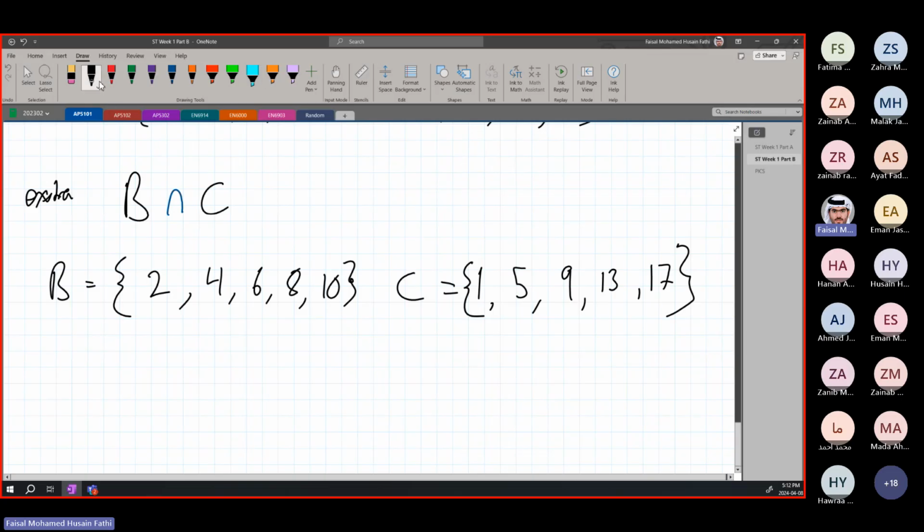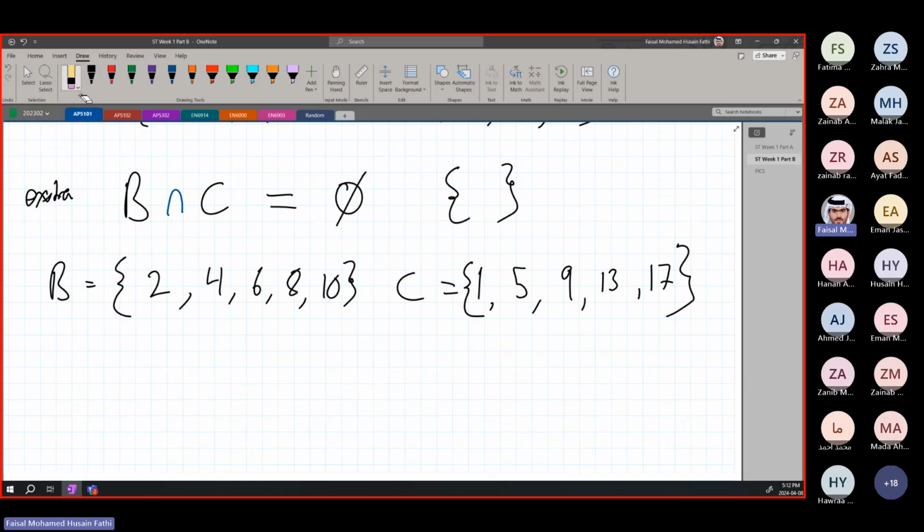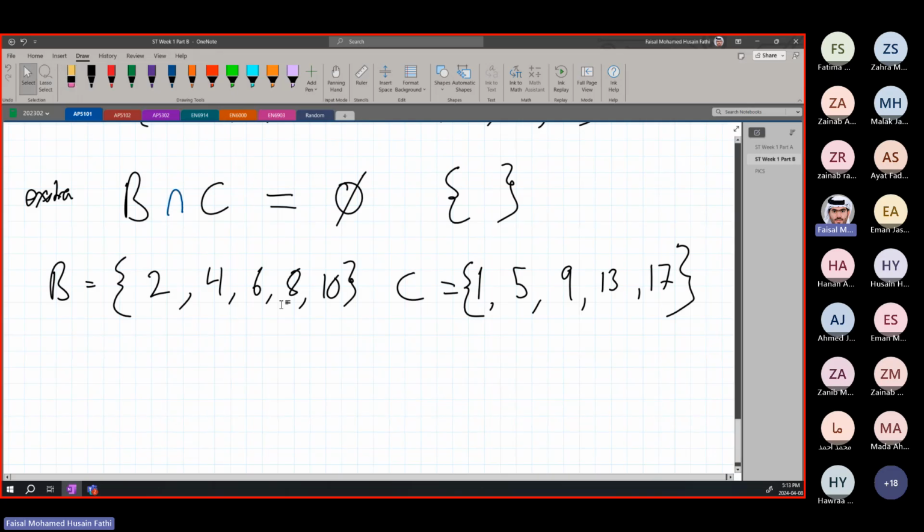So what do we say? The answer to this is phi. This is where you use the empty set. Exactly. This is phi, or you can write it as the empty set. There is no intersection in between them. There's nothing common in between them. We cannot say that this is equal to 0, because that means the number 0 is common, but we don't mean that. So we put in phi, or we put in the empty set, meaning that there's no comparison in between. And that's pretty much it.